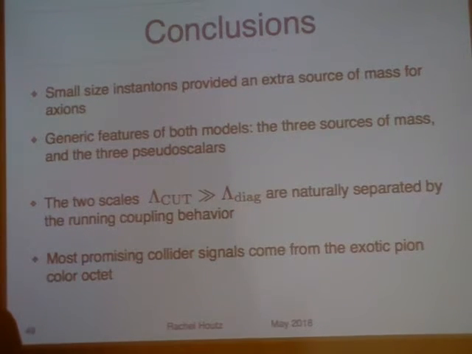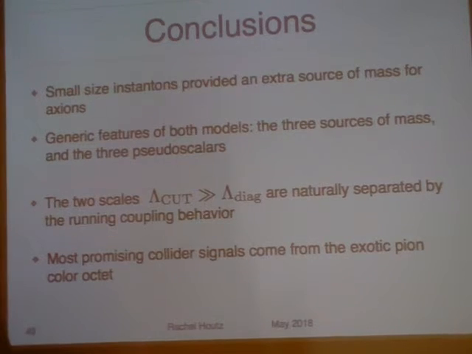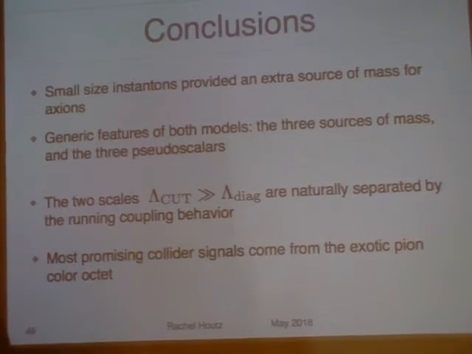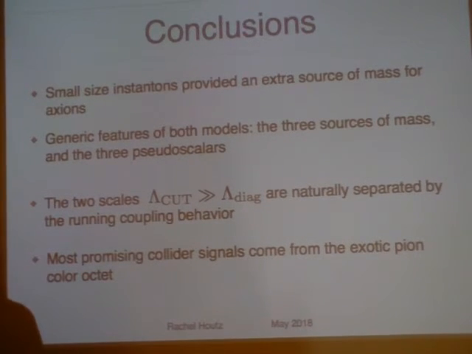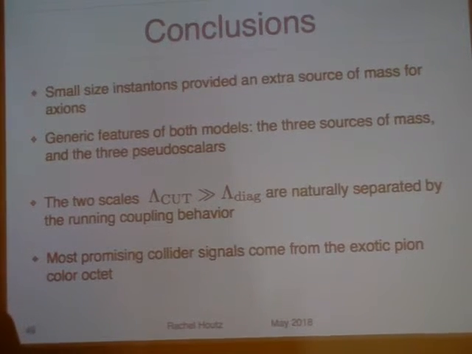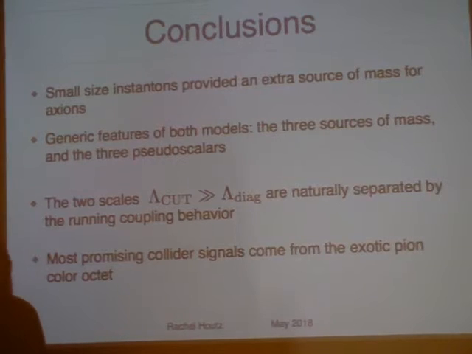Yes. Is the eta prime of QCD weakly interacting with standard model matter, and can it serve as a dark matter candidate? I don't think the eta prime can be dark matter. So our eta primes, some of them might be dark matter candidates. I don't think the standard model eta prime can be. But yes, there is axion dark matter.